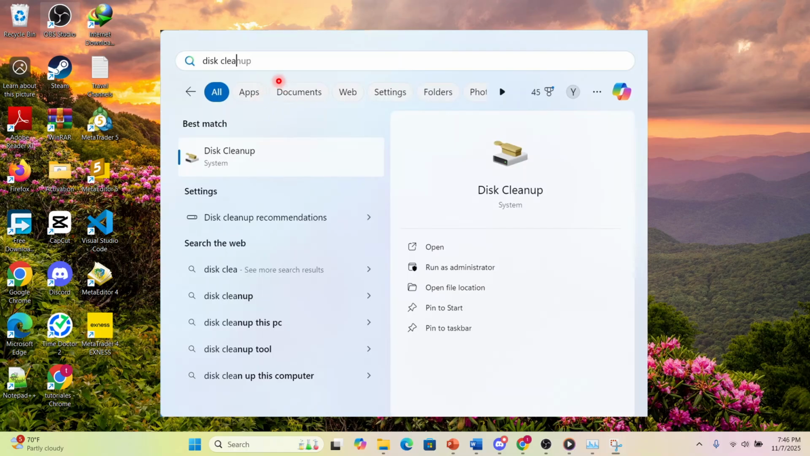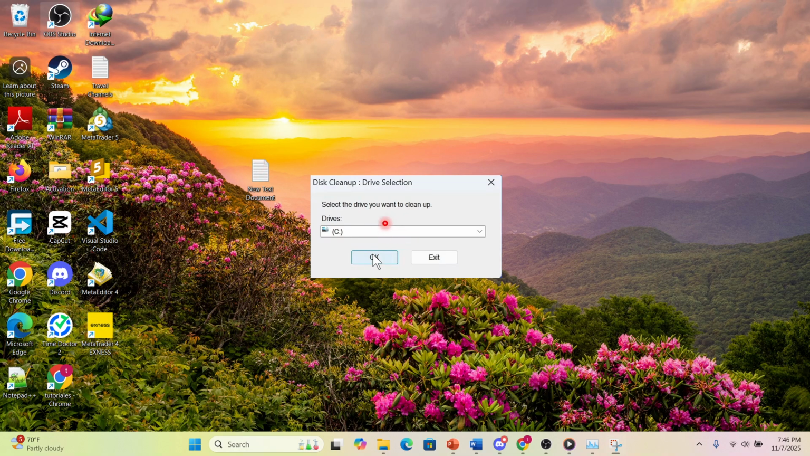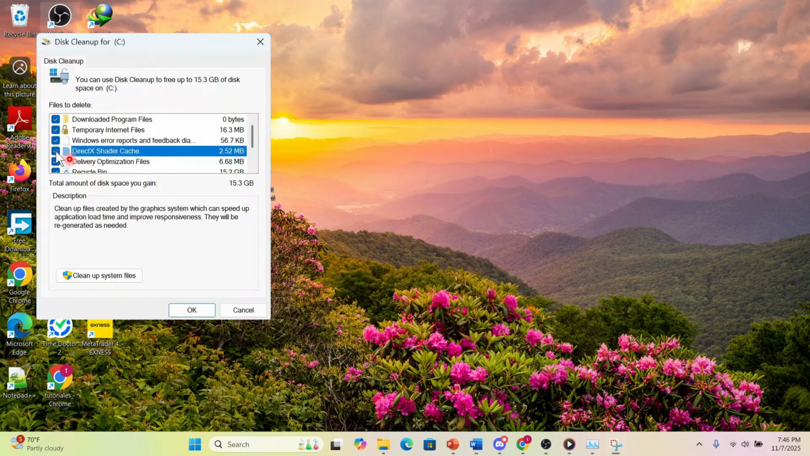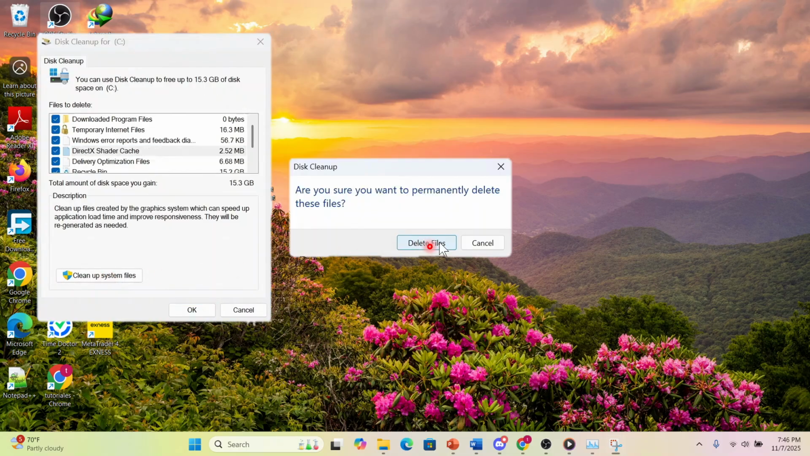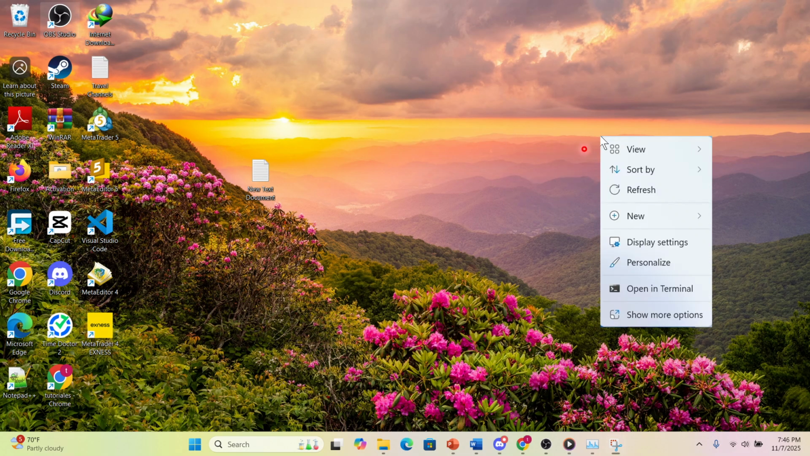Then just search up disk cleanup, open it up, and select the drive you want to clean up. We'll do C drive. And then here, make sure DirectX shader cache has been selected. Okay, clean up the system files, hit delete files, and then you can just go ahead and right click again,